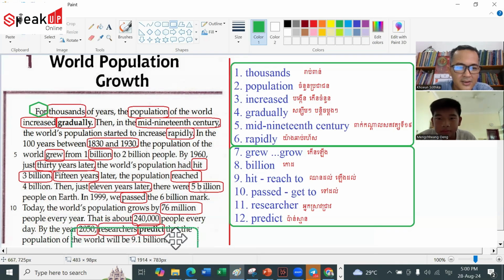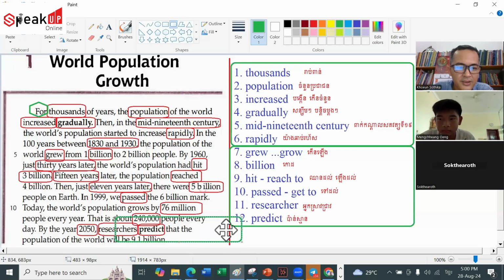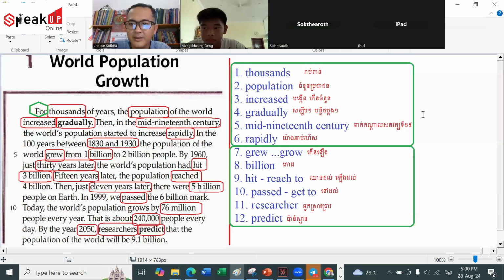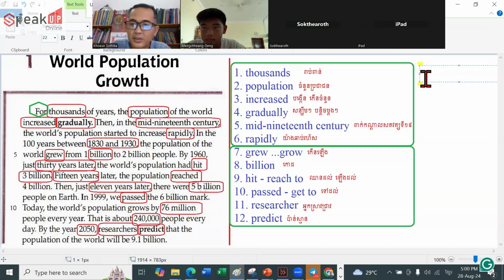Okay. They expect that in 2050, the researchers predict, how many people will be in the world? The researchers predict that in 2050 there will be 9.1 billion people on Earth. Yes. 9.1 billion in 2050. Okay, so